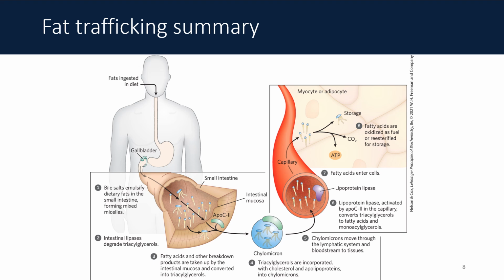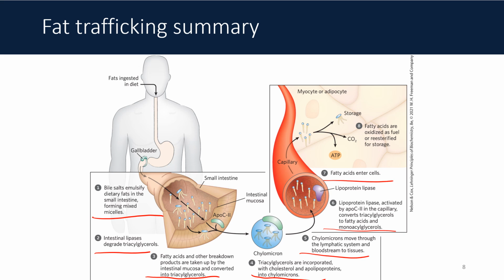And this slide is a nice visual summary of the 7-step process of fat trafficking, beginning with bile salt emulsification of the ingested lipids, then the chemical breakdown of those fat micelles into glycerol and fatty acids, uptake of the fatty acids and glycerol into the enterocytes, repackaging of those fatty acids and glycerol back into triglycerides and then into these chylomicrons, transfer of the chylomicrons through the lymphatic system and then eventually the circulatory system through the subclavian vein,